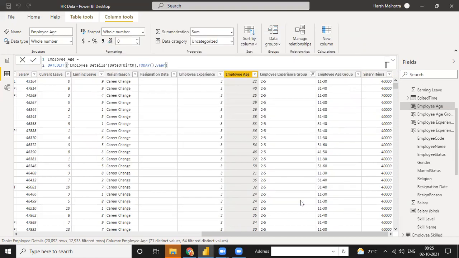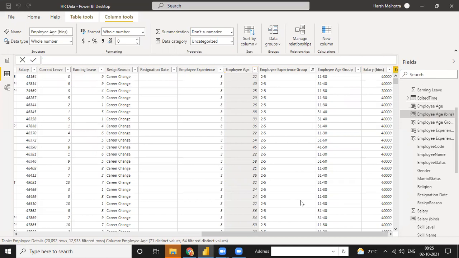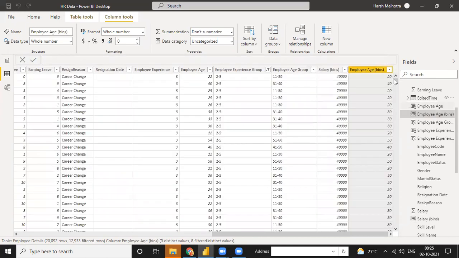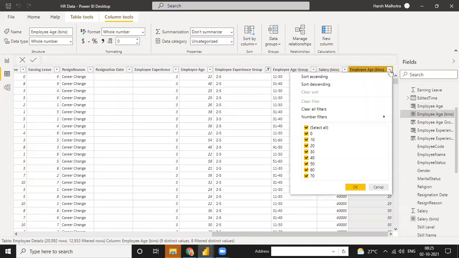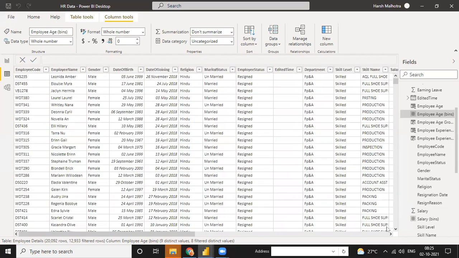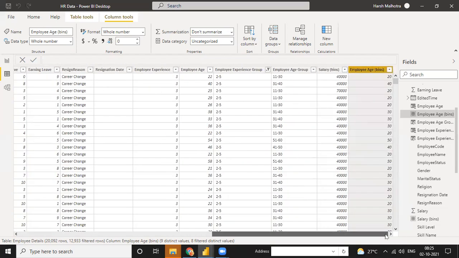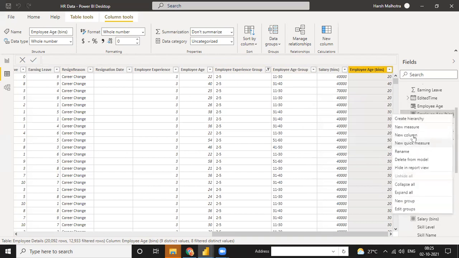There is one limitation. In a function we can write 10, 20, 40, 70, but in the bin function you have a limited interval or limited size: 0 to 10, 20, 30, 40, 50, 60, 70, 80. This kind of thing. Okay, so you can use data group for everything. And see, when you use a bin size, it will not write any function for you. See, there is no function, but it will automatically make a query for you when you go to this one and